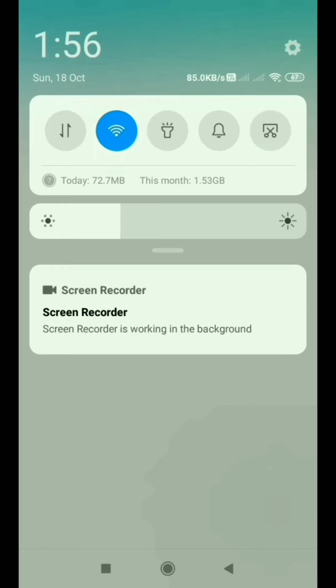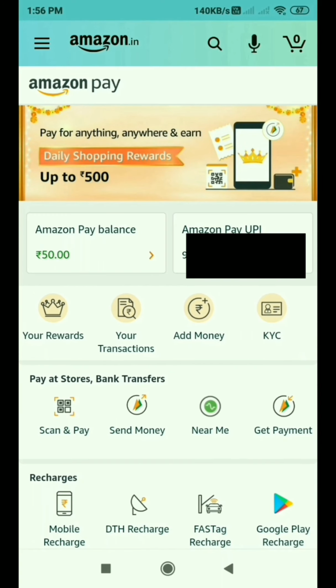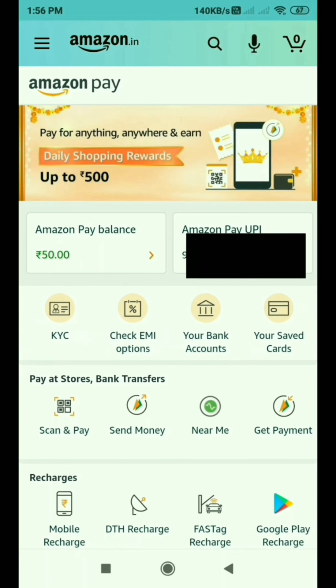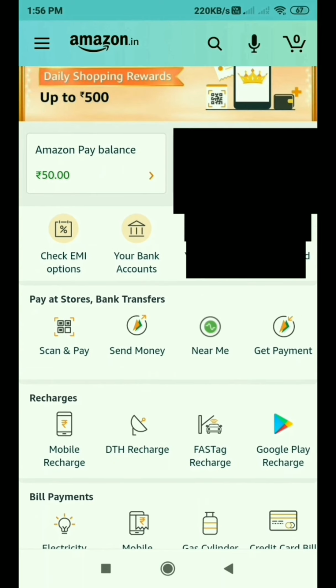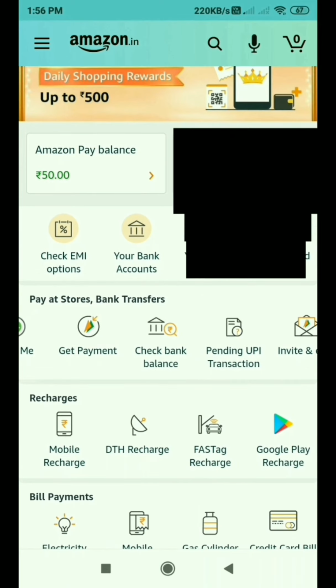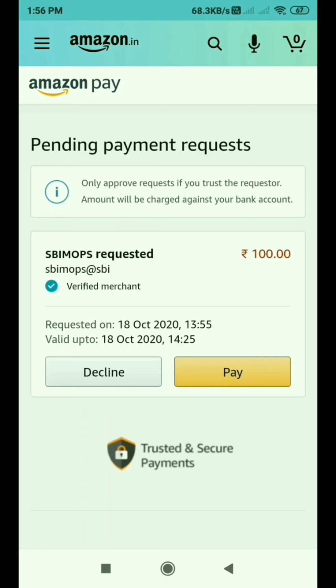So I am going to the payment page, and I am looking for pending transactions, and there we got the notification of SSC JE.